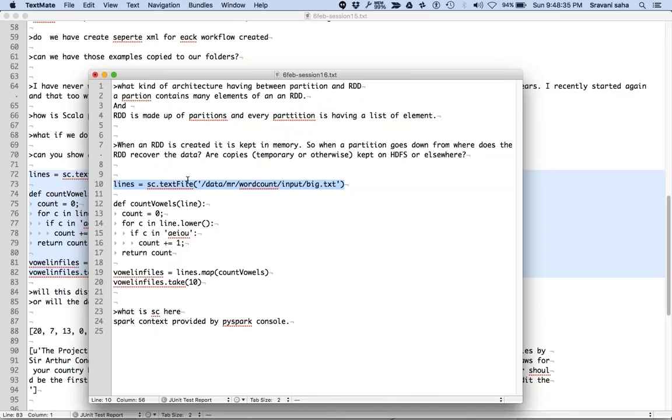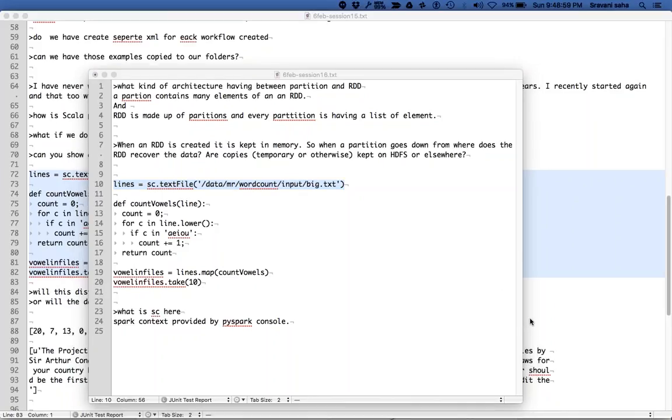Now imagine that one of the partitions has gone down. Spark knows that this partition was created as a result of loading data from this file, so it can load the data again from the same file if a partition goes down. Does it make sense, Suraj?